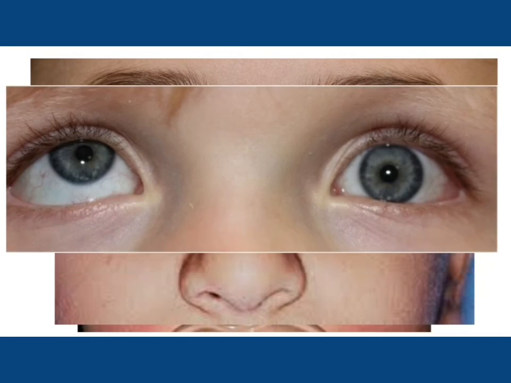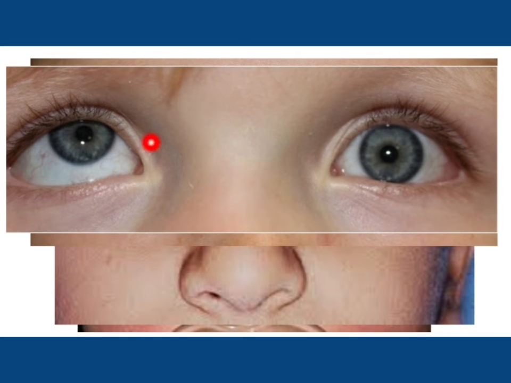Okay, now here in this eye of the patient, you can see that the light reflex is below the pupil. I told you that if the position of the light reflex is below the pupil, it means that there is hypertropia. That means the eye is deviated upward. Okay, not outward, it is upward. So this is hypertropia, and the light reflex is on the pupillary margin, so it means that it is 15-degree hypertropia.